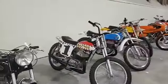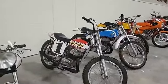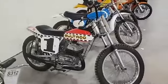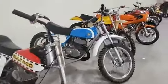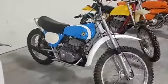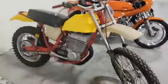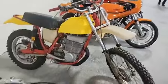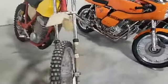There are so many bikes here to see. It is absolutely incredible the amount of motorcycles that are under one roof and will all be for sale over the next several days. Here's a beautiful Voltaco Astro. We've got a Pomeroy replica next to it, and just a little bit further down, a very unusual looking Mecum 501. Fox air shocks. They're moved up on the swing arm a bit, and it's got a pair of what appear to be